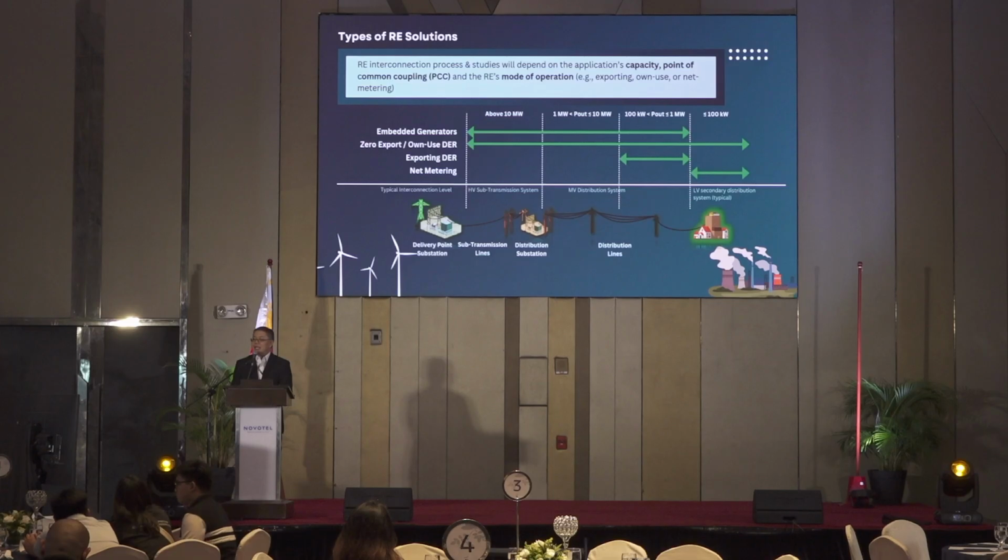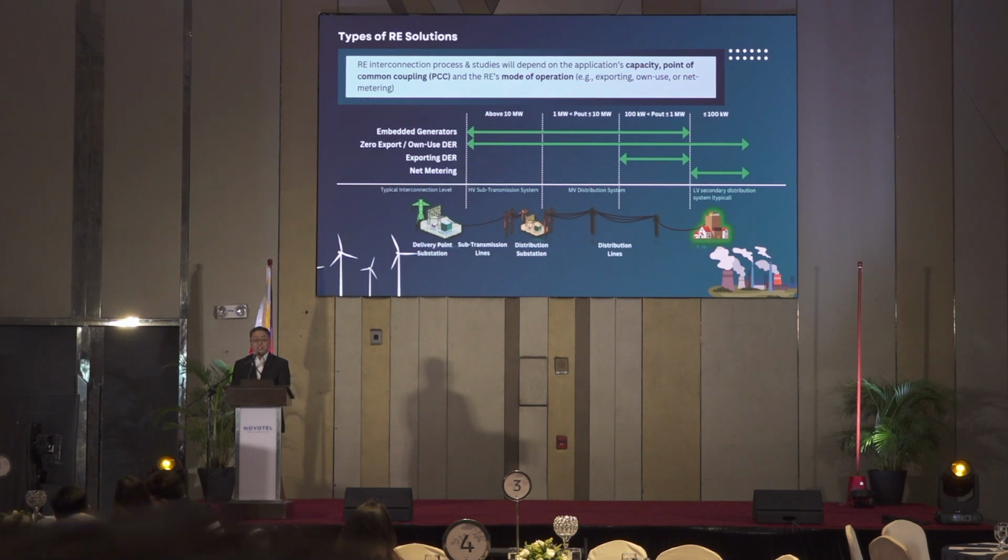And then we also have grid-connected generation. Grid-connected generation is connected to the transmission grid or NGCP, and mostly consists of large generating plants, comprising hundreds of megawatts of capacity. Since they're connected to the grid, they're managed by NGCP or the transmission system operator, and they usually supply their power to the grid level. Okay, so these are the types of RE solutions that are present in Meralco right now.